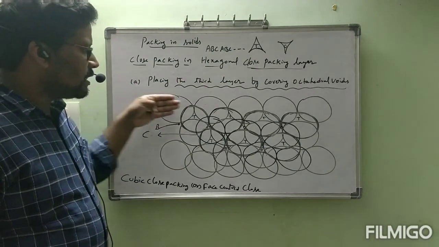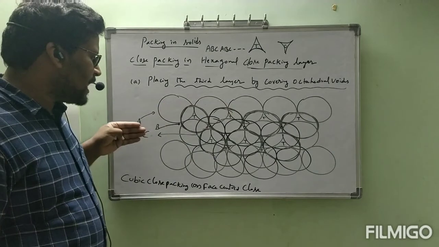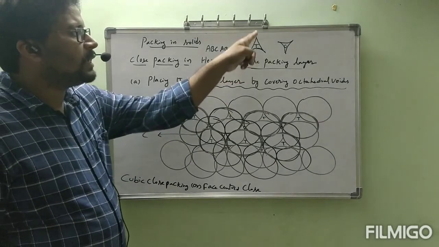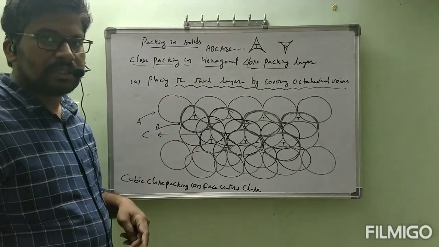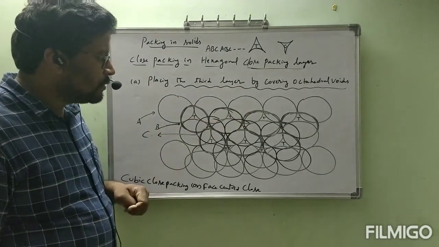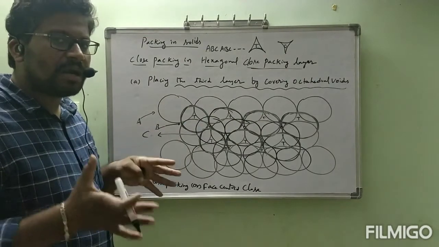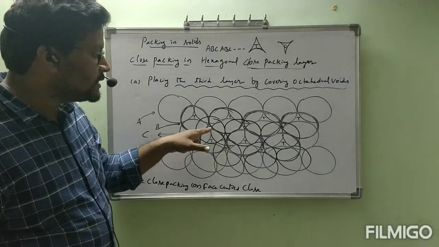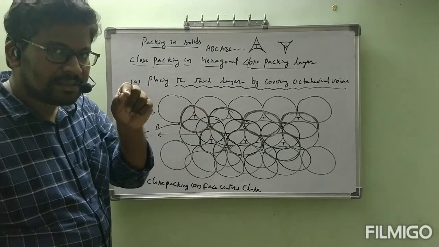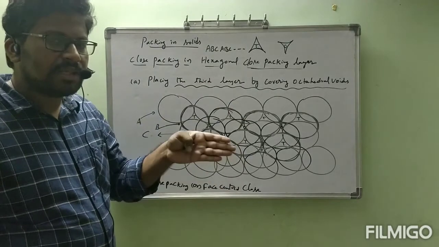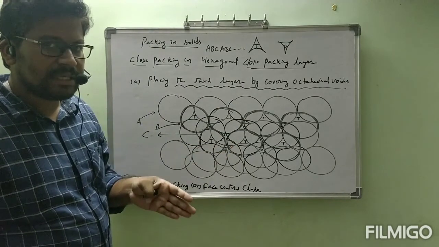First I have drawn A layer particles. After that I kept B layer particles into the voids which are pointing upwards, and then we get these tetrahedral voids. These tetrahedral voids are not visible from your view, definitely, but octahedral voids are gaps that are present. If you keep a hand below the A layer, definitely through the octahedral void we can see it.